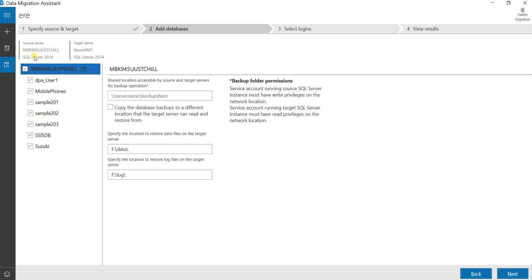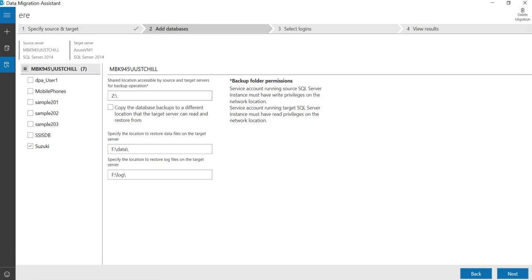So the target server and source server are connected. So the list of databases from the source server, you can select the databases which you want to migrate. So I want to migrate this Suzuki database, and here you need to give the shared folder name. So here my shared folder is Z drive. So I have the Z drive as a shared folder between source and target servers.